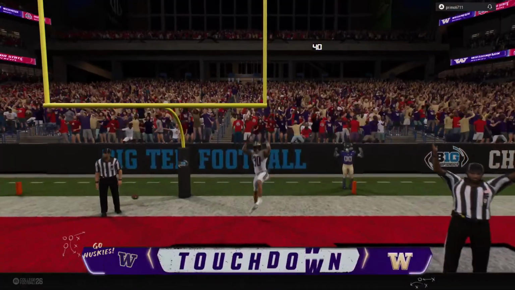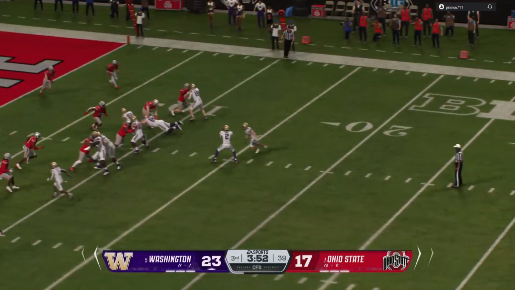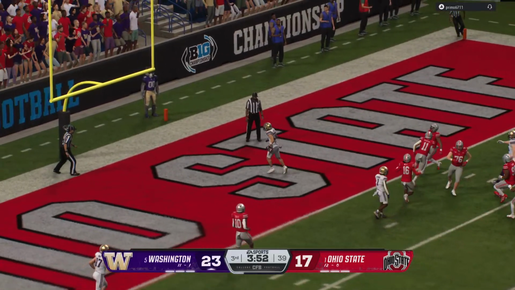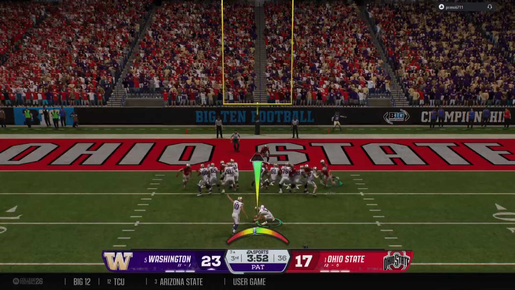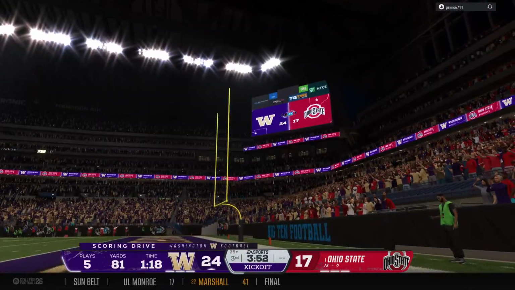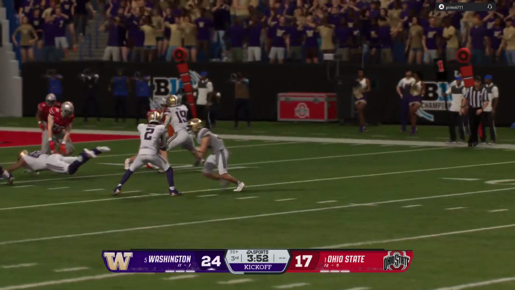Touchdown, Huskies. And they jump on top during the second half. Chris, I know the back's going to get a lot of attention for this touchdown, but I was focused on the offensive line. You had five guys working as one. Great communication, able to get up to that second level and open things up nicely to allow the back into the end zone. PAT makes it a 7-point lead.